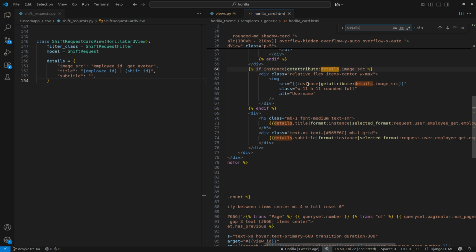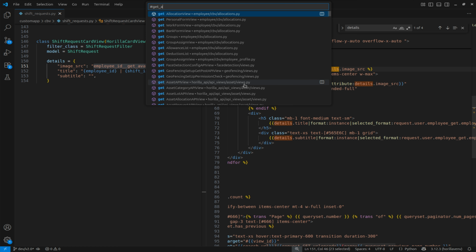In our case, it will be the shift request instance. So here I'm going to fetch the employee instance from the shift request and the get avatar. So when we check the get avatar inside employees,